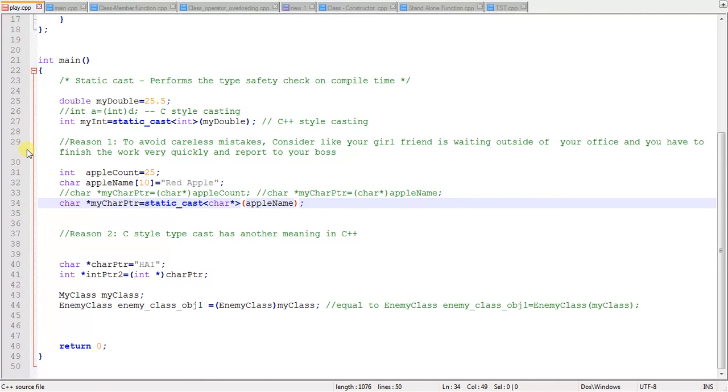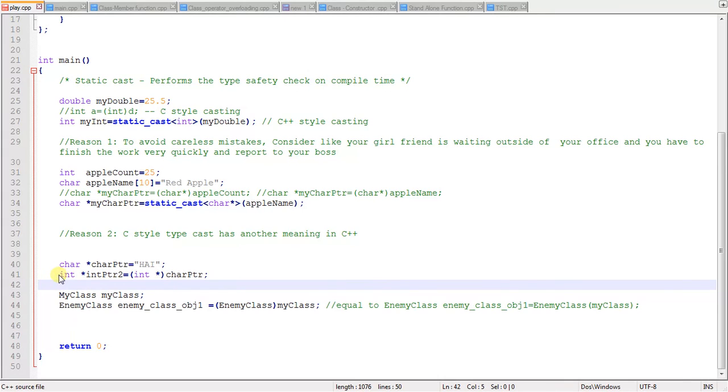This is the primary reason why static cast is required, and there is another reason too. Even though it is a very minor reason, it is also under consideration for why static cast is required. So let us consider an example. We have one character pointer hi, and we are converting that character pointer into an integer pointer with the help of C style casting.